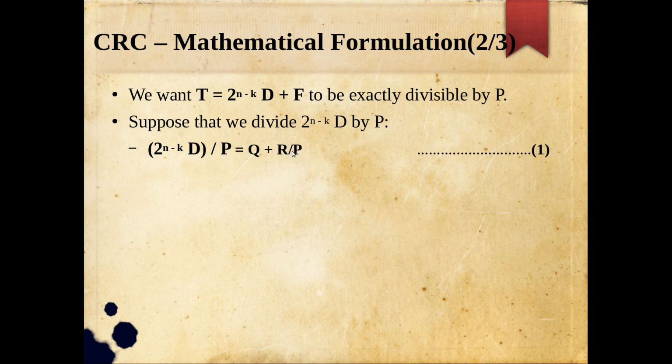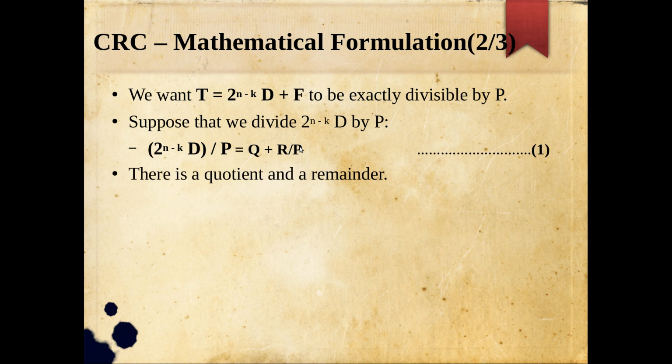If R has the same number of bits as P, then you can perform the division process one more iteration. So you will stop at the point when the number of bits in R is less than in P. So normally R should be at least 1 bit less than P. That is the point you are stopping, and at that time you will get a quotient and a remainder, whatever it is. Sometimes the remainder may be 0 also. So this is an observation, keep that in your mind.